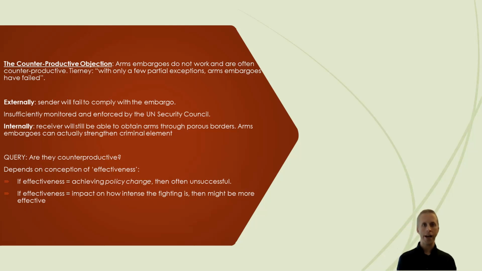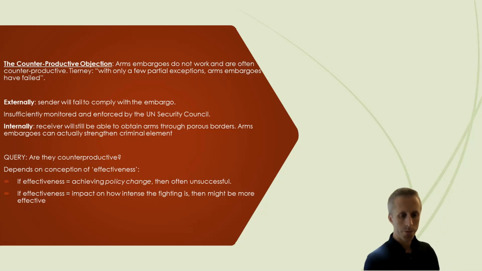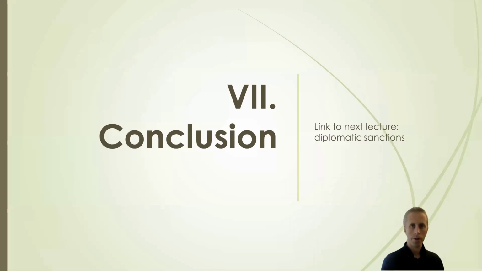This brings to an end today's lecture. We've explored the ethics of economic sanctions: what are sanctions, the difference between targeted and comprehensive sanctions, three central deontological or intrinsic objections to economic sanctions, and one instrumental objection. Then we've looked at arms embargoes, which can be seen as a form of economic sanctions or can be seen as a form of military sanctions. We've seen some of the arguments for